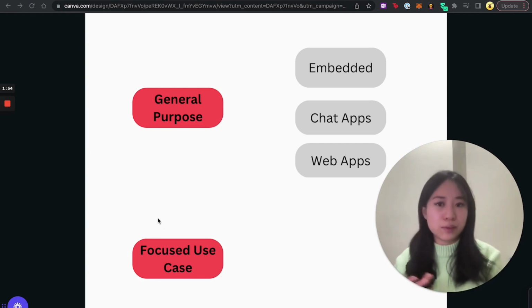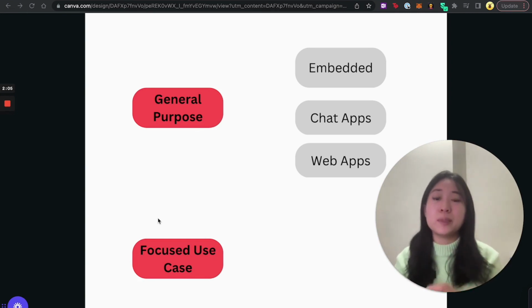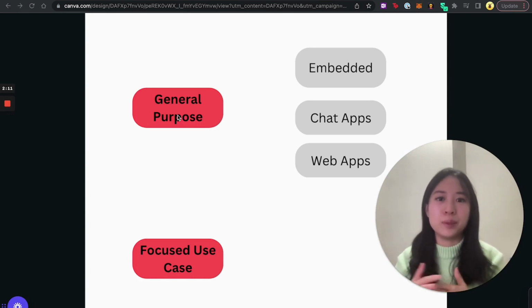I find the focused use case tooling more interesting, because I think it shows that whoever is building this tool has configured GPT-3 either with a prompt or through fine-tuning to be a better fit for a specific use case. Whereas with some of these general purpose tools, it is just a UI on top of the